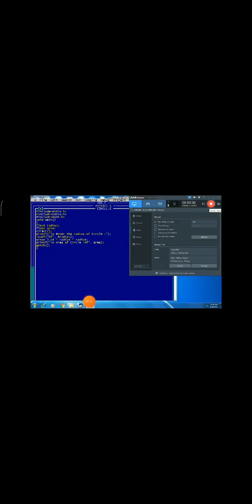Now dear students, you can see here I am typing the program to calculate the area of a circle. First of all I am including our header files. So the header files are #include <stdio.h>, then <conio.h>. Then dear students, I am including my main function that is used for execution of the program. Then I am declaring our two variables, radius and area, which are of type float.